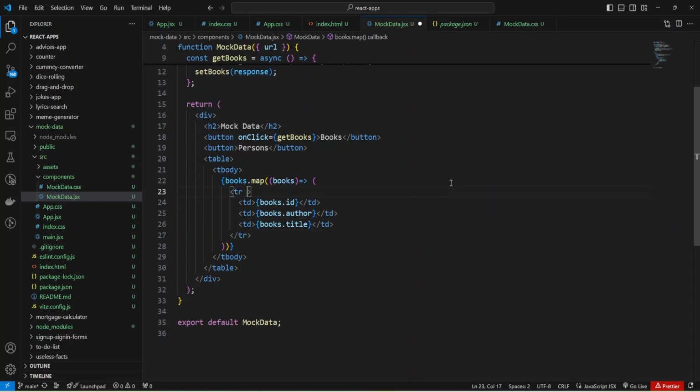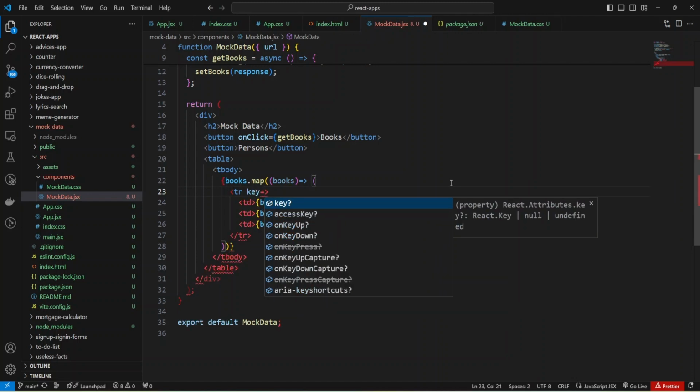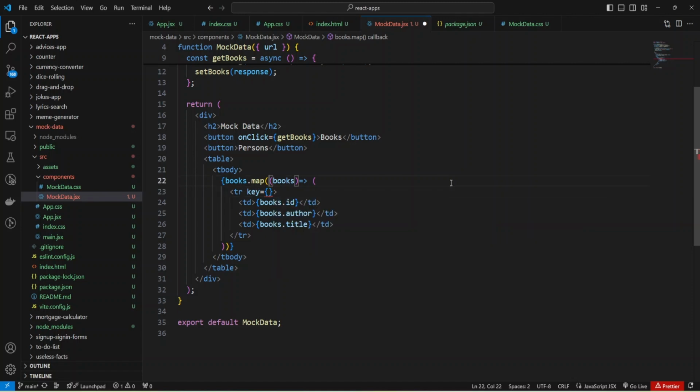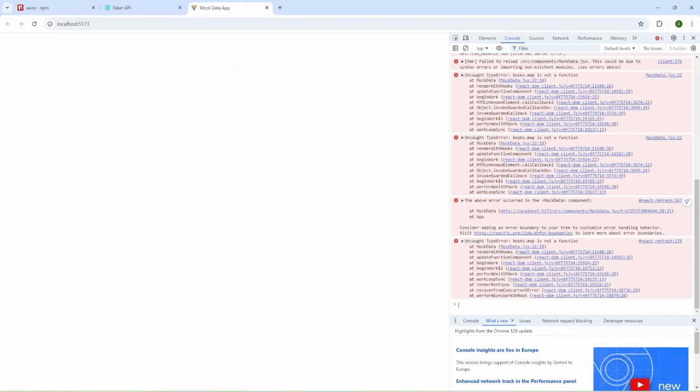I need to provide a key to my column, and actually I need one book to avoid confusion. It will be book ID, and also here. And let's check what we have so far.